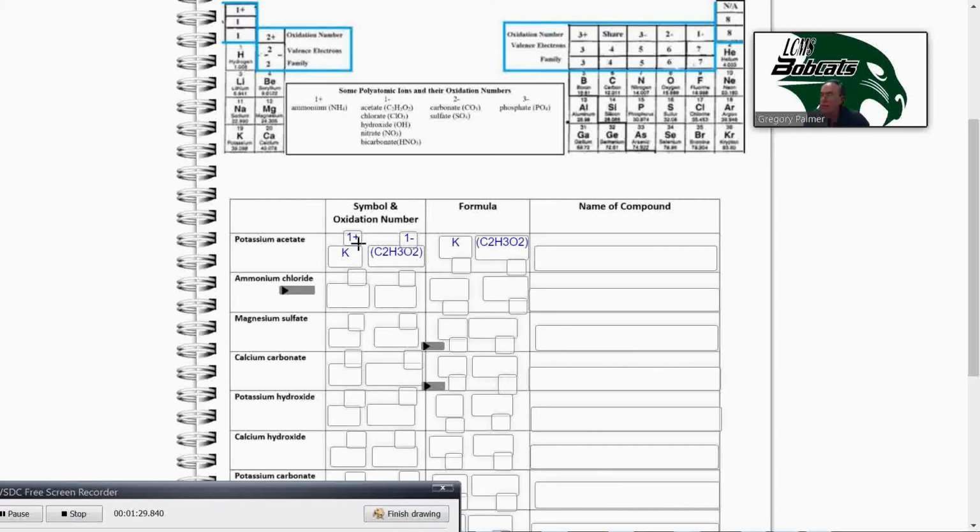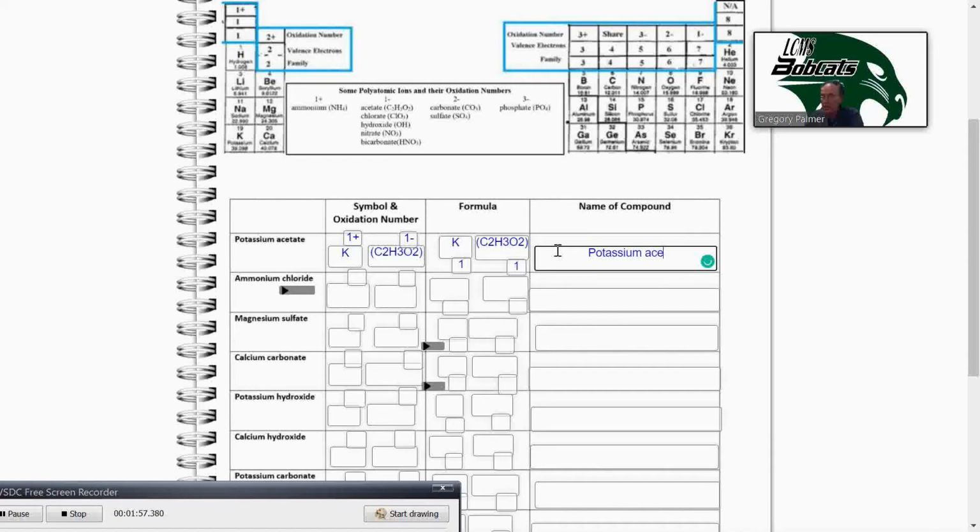So again, what we said before, this 1 is going to go down on the outside of the parentheses, and this 1 is going to go here, and we drop the signs. So this is going to be a 1 and a 1. That's it. Okay? And in the name, because this is a polyatomic ion, you do not need to do the IDE on the end. So this is potassium,